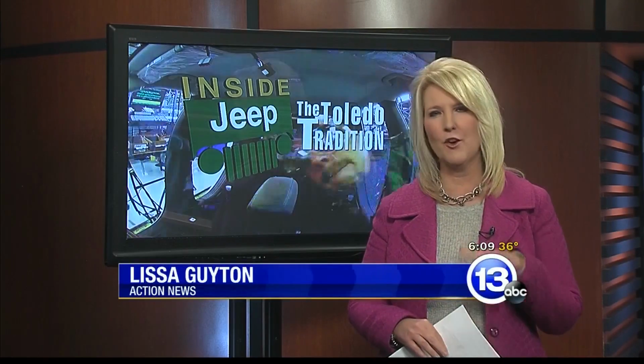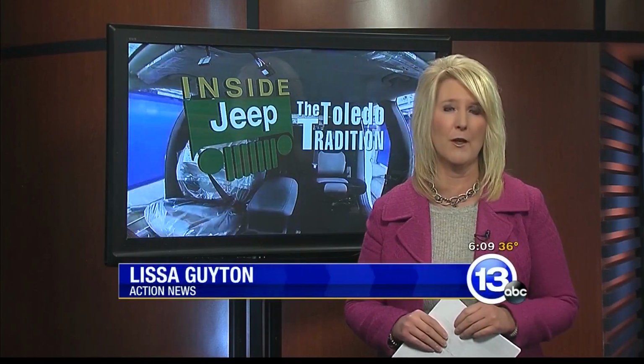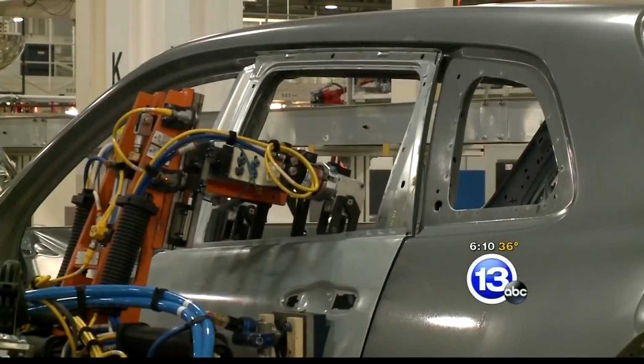Lisa, you've covered this plant for many years, but this was really a rare chance for you to get inside. And I have to say, I look at the Cherokee in a much different way after the experience, knowing the engineering behind the process, the long hours the men and women at Jeep put in, and the incredible loyalty they have to the brand they build. Even if you don't own one, there is a lot for all of us to be proud of at that plant. We've seen the body of the Cherokee come together,